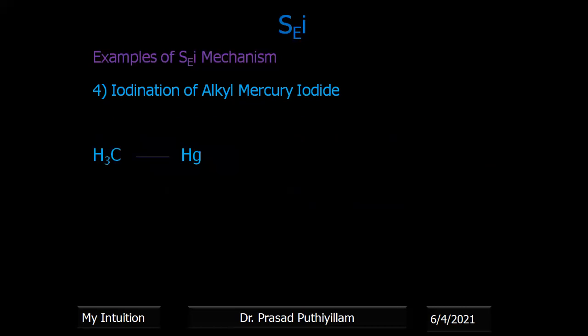So I am expanding that reaction like this to show the transition state. The alkyl mercury compound CH3HgI reacts with iodine in the presence of CdI2. CdI2 supports the reaction. So the transition state is formed, as we saw in the previous cases. Then the movement of the bonded pair of electrons takes place, and we get the final product, that is alkyl iodide.